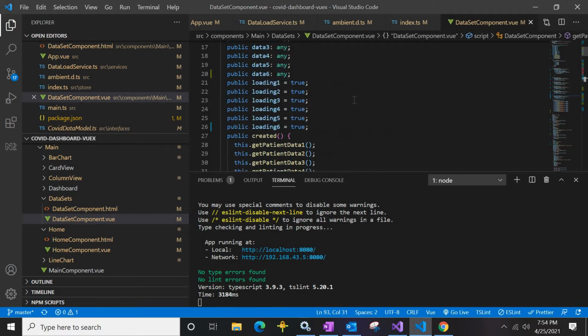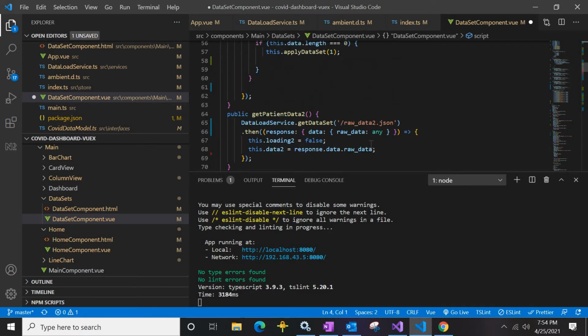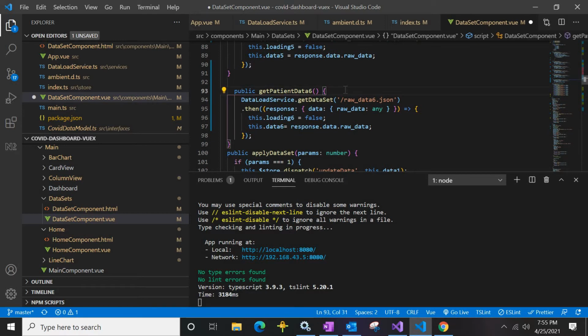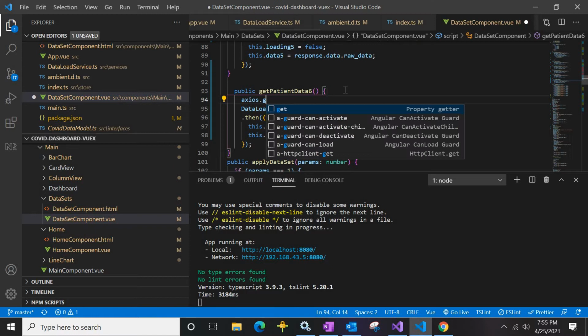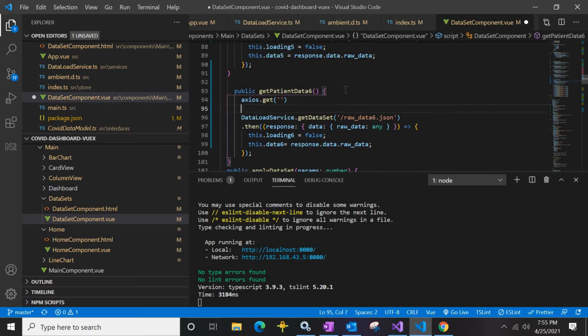Currently it's not there, but we need to import the Axios package. Then, to fetch the data, you make an Axios dot get, and here you pass the URL of the API from which you want to get the data.